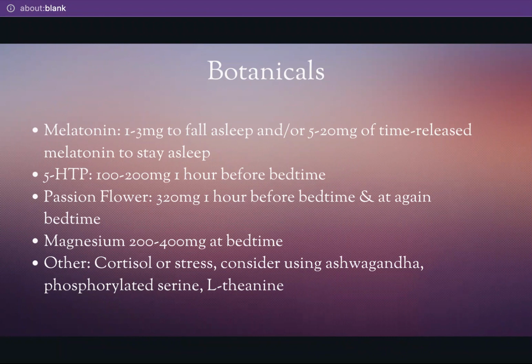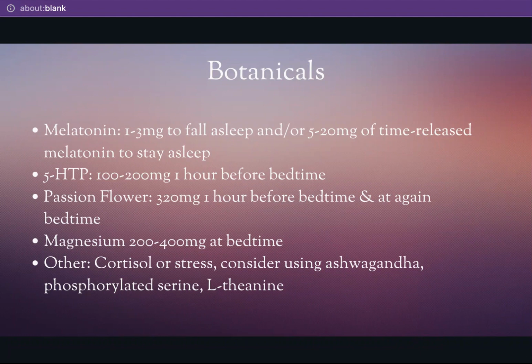It's really great for jet lag or for people who work nighttime shifts, where your melatonin might be suppressed, or your melatonin is low because of the time of the day it is, and you're a night worker, or you've traveled from one time zone to another time zone. So melatonin is really great there, but may not be as great for just your average sleeping. So this is why I tend to like some of the relaxation botanicals better.